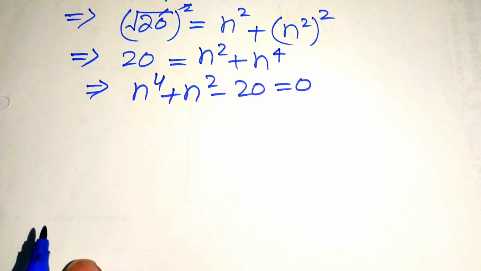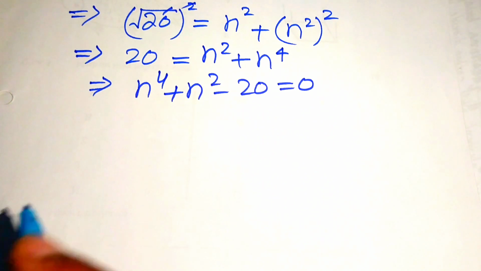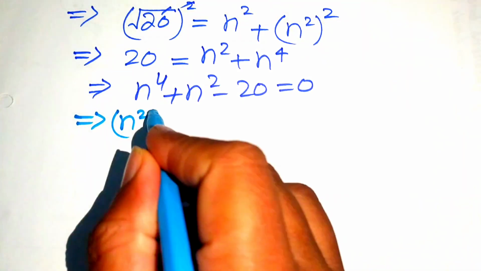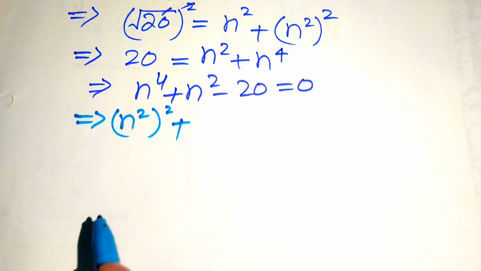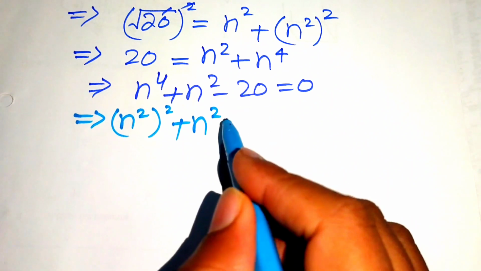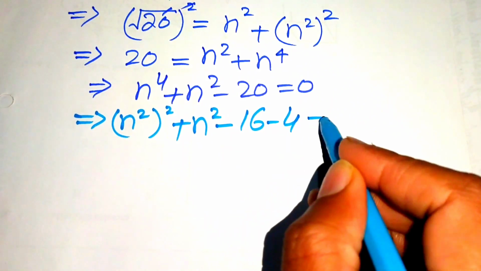Now we solve this equation. The very first step is to write n to the power of 4 as n square and its whole square, plus n square as n square, and we break this minus 20 and write it as minus 16 minus 4 equals